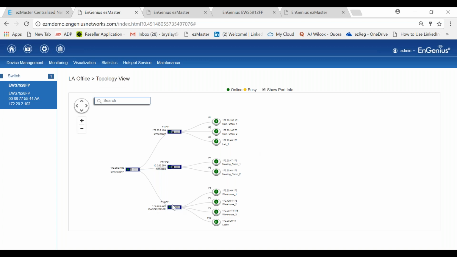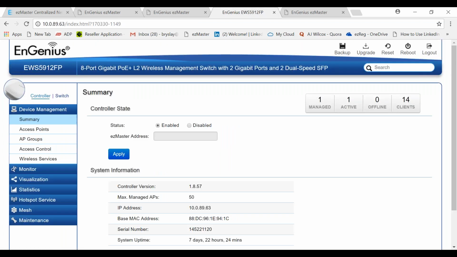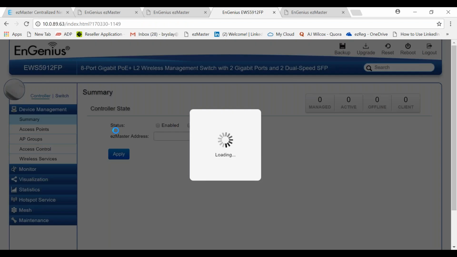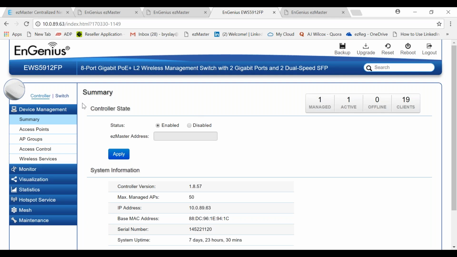You can actually click on the switch. Click on the switch, it gives you an option to collapse the view, so you can collapse these access points, or link to the switch. If I click link to the switch, it will take me to the switch. It probably booted me out. Let me see. Yep. Let me log into the switch. It will actually log me into the switch.